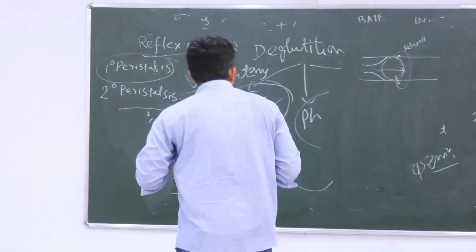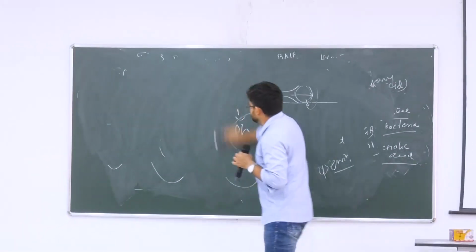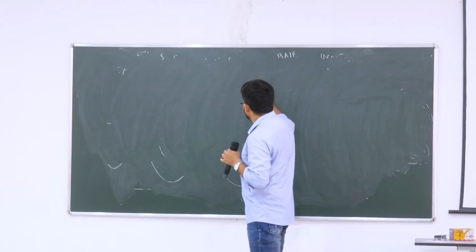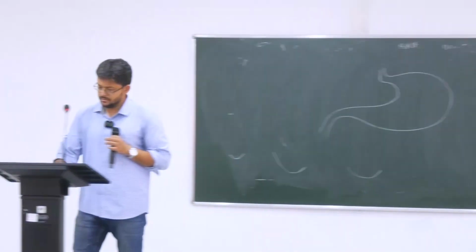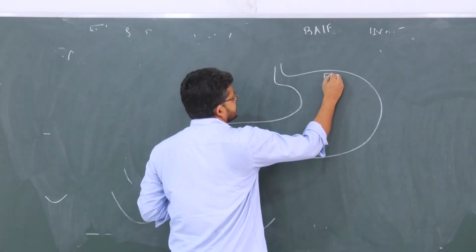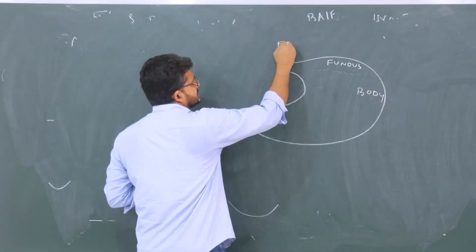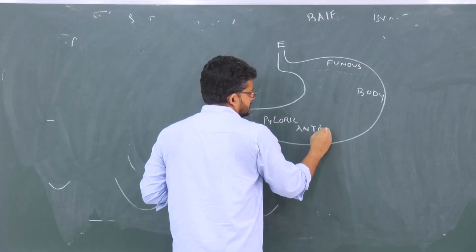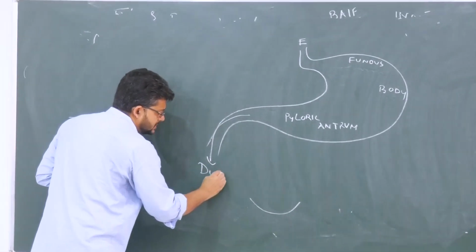Clear? The next thing in this line is the stomach. So for the stomach, this is the fundus, this is the body, this was the esophagus, this was the pyloric antrum, this is the greater curvature, lesser curvature, and it is going towards the duodenum,